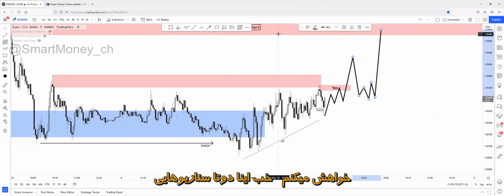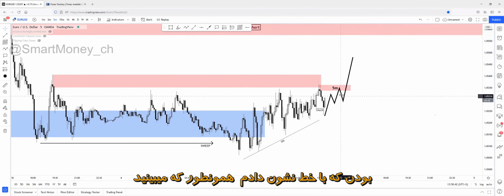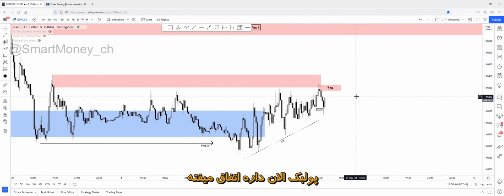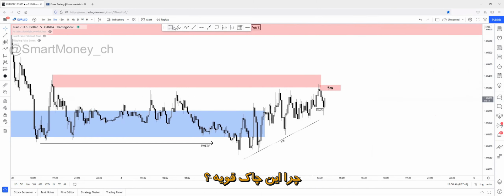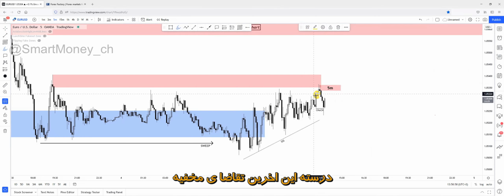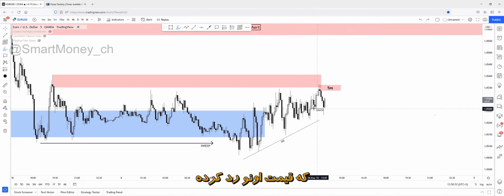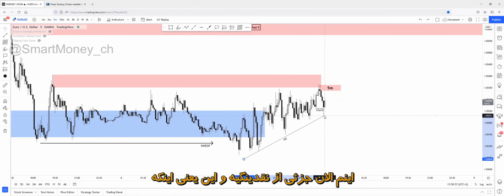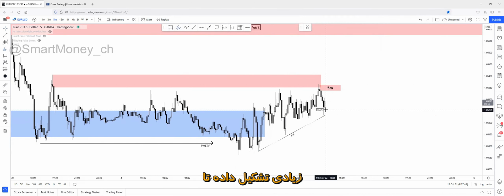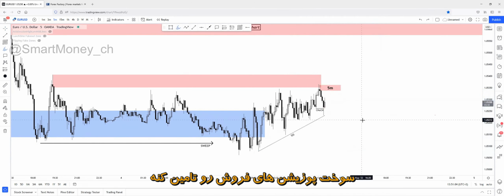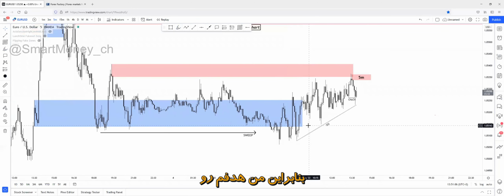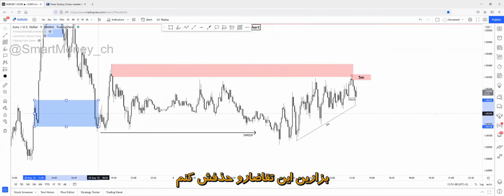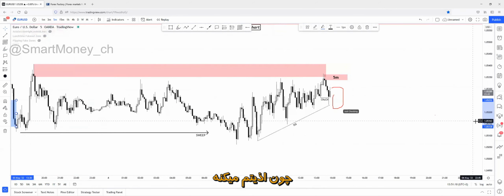So these are the 2 scenarios lining up for us. As you can see, the pullback has already happened, and this was actually a strong change of character. Why is it a strong change of character? Because this was the hidden demand zone right here, the last hidden demand zone. This has been changed, and this has been changed also. And more liquidity has been created. As you can see, this is part of the liquidity also, which means price has created more liquidity to fuel the short. So I'll be aiming for, actually, let me just remove this demand because it's annoying.